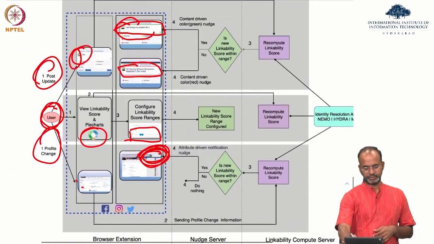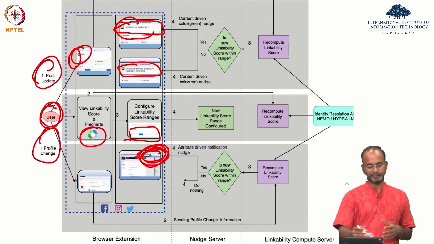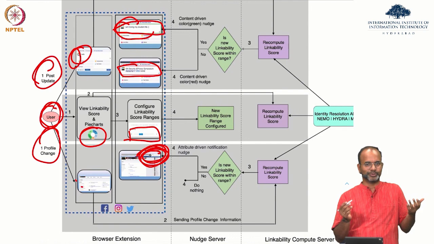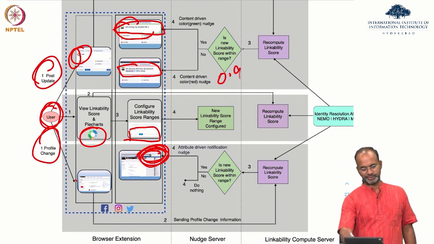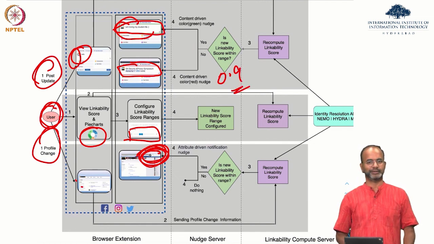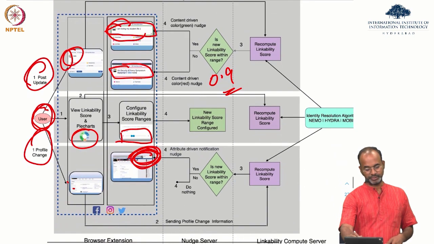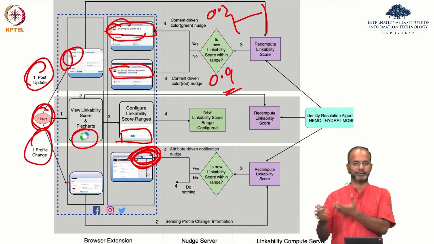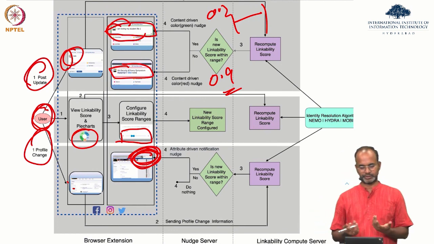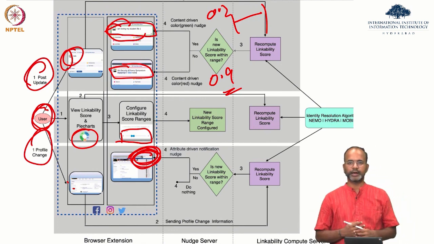Right? So of course all of these decisions are made with a threshold. For me, if the linkability score is 0.9, don't bother, I don't really care, let the resolution happen. But for some people it could be just 0.2. This is the same spectrum that I mentioned earlier. Depending on the threshold, you make a choice, saying that, look, this is above the threshold, or lower than the threshold, all of that. Okay, I hope that makes sense.